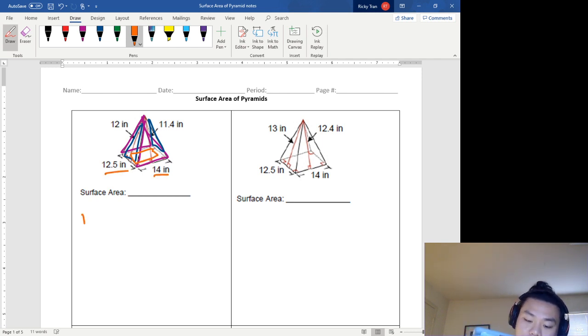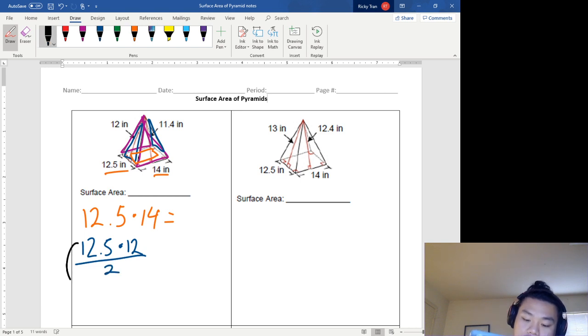The rectangle is just 12.5 times 14. Then we have the two triangles here, which is 12.5 times 12 divided by 2 times 2. So it's just going to be